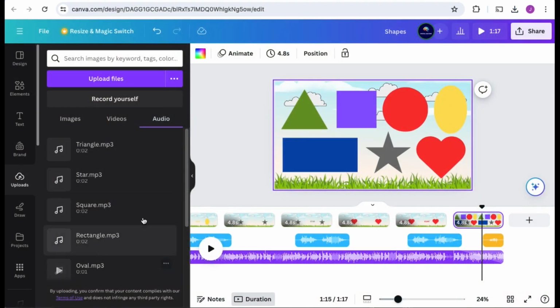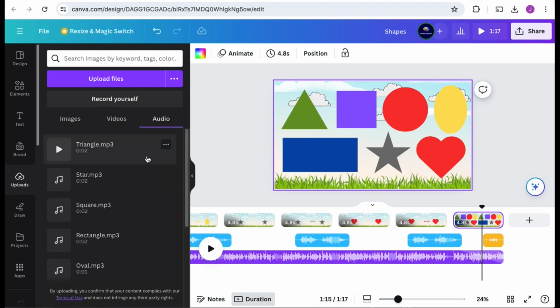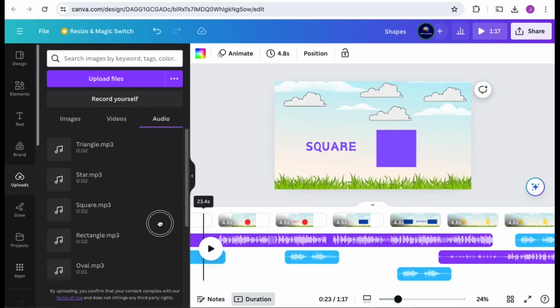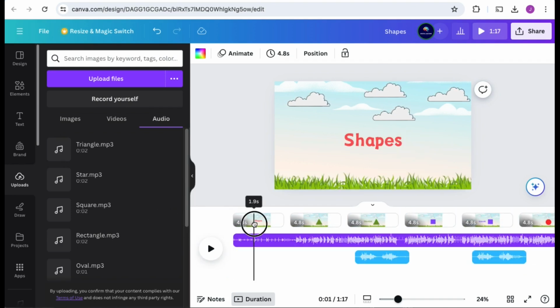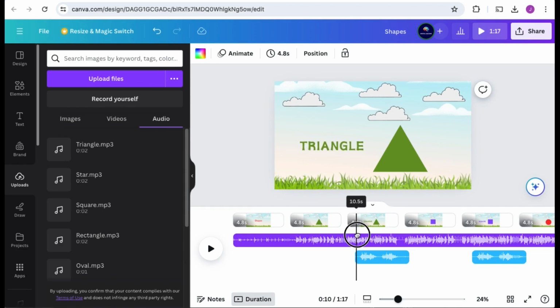Under audio, I have uploaded all of these files. So now what we're gonna do is we're gonna go to the beginning and we're gonna start inserting all the names of the shapes which we generated using an AI child's voice.